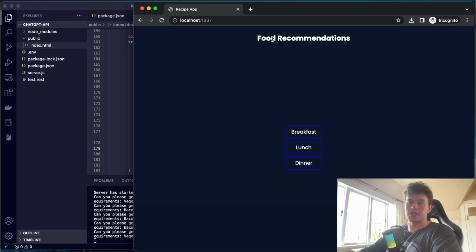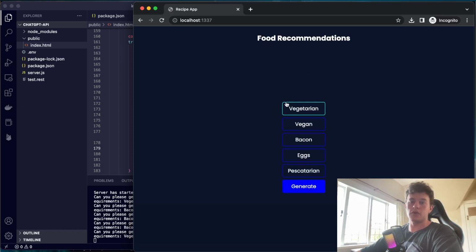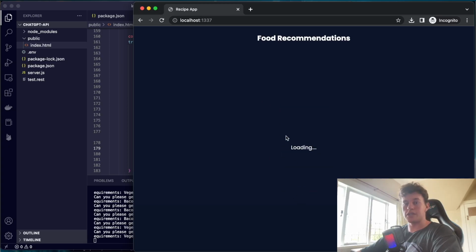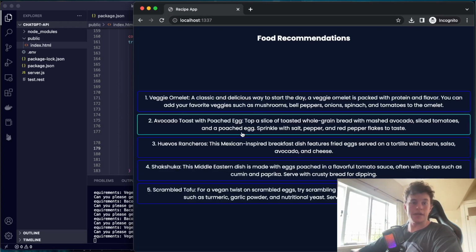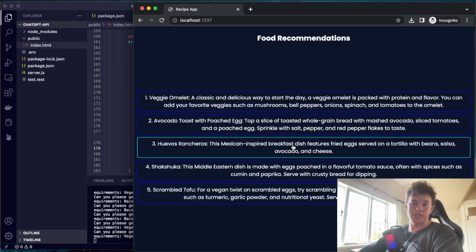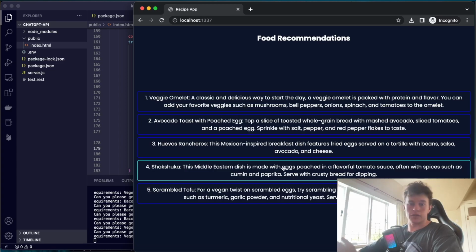So essentially, it's just a food recommendations app. We can click on a meal that we want food recommendations for. Let's say we want eggs and it's vegetarian. We can generate that. That gives us a little loading status, and we send that request. It's specially structured to send to ChatGPT, so it goes to our API and then to ChatGPT, who generates a response for us. We then get 5 different recommendations of recipes that are all vegetarian and include eggs, so that's